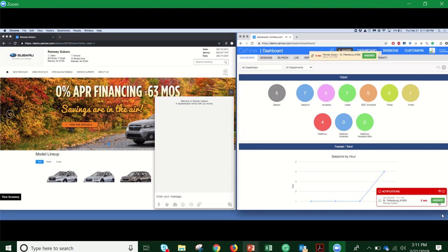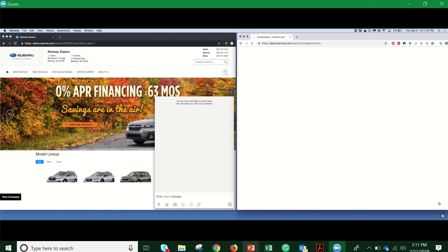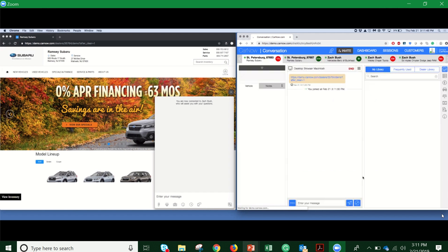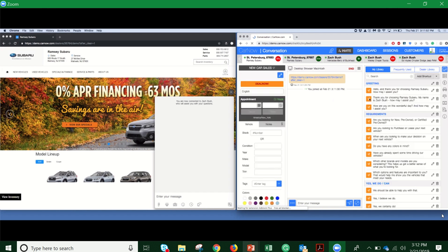Over on the right-hand side, our agents will pick this up. Their response time is usually 3 to 5 seconds. So, as soon as that customer engages in a conversation, it's like a 3 to 5 second response. And what makes it quick is that our agents can send over shortcuts, or they can type on the